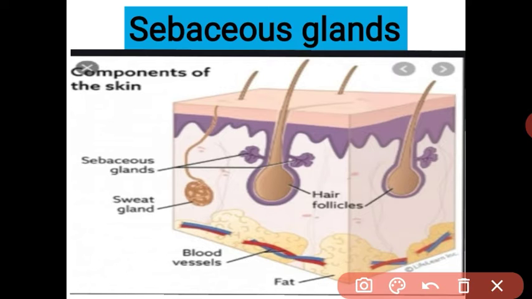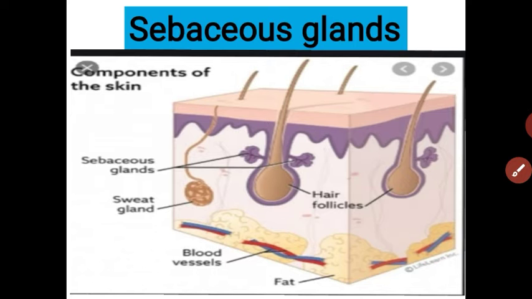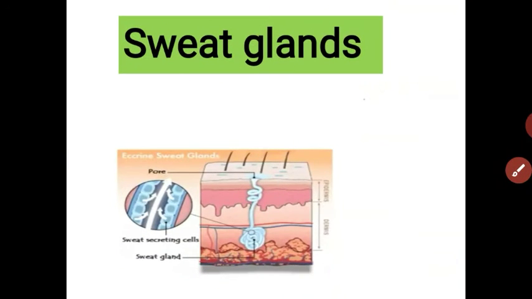What is the sebaceous gland? It is a gland which opens into the hair follicle. Some glands open on the surface of the skin, and secrete oil to keep our skin oily, to keep our surface waterproof, and their main function is to prevent the loss of water by evaporation. Got it?